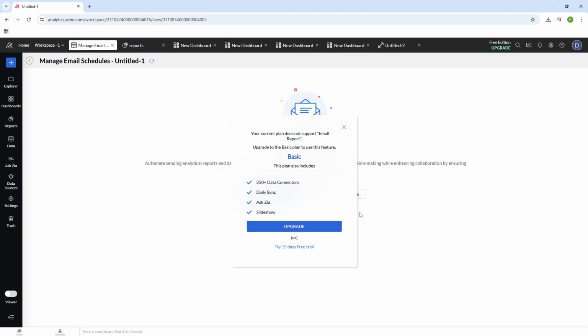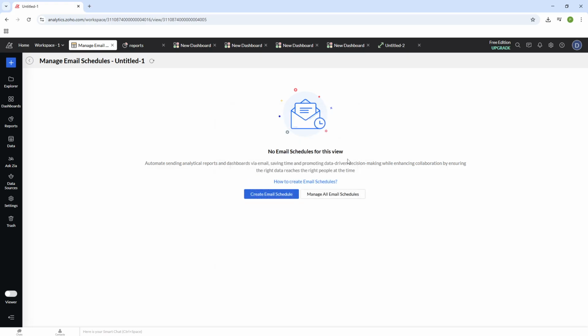Another important aspect to consider is the timing of your report distribution. Choose a time when your recipients are most likely to benefit from the report. For instance, if your office starts the day at 9 a.m., scheduling the report for slightly before start time ensures the fresh data is waiting for them as they begin their workday. If the time zone needs adjusting, there's an option to do so, which is particularly handy for teams working across